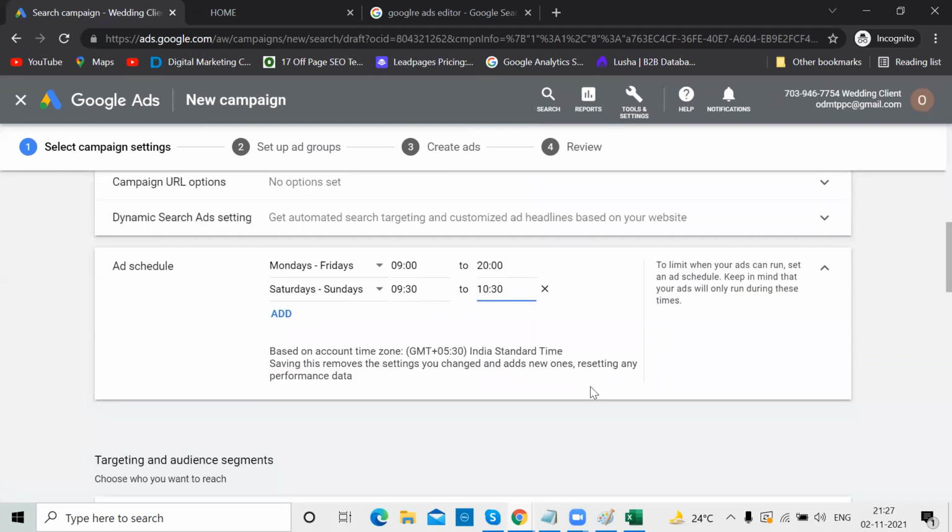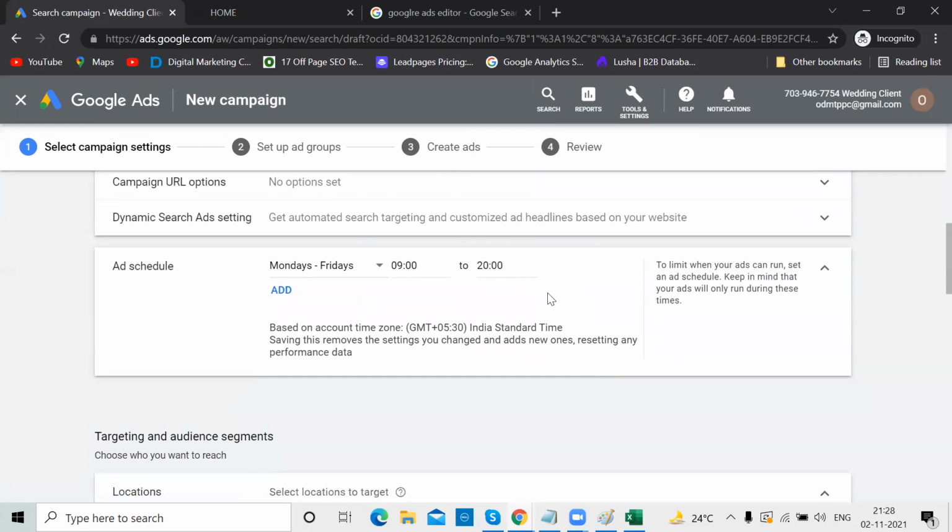Do we have to do any kind of research to maintain these time schedules? Or is there any process, or is it only out-of-the-box practical knowledge? My suggestion is initially don't select these options. Run the campaign. Once you run the campaign, on the left-hand side, this ad schedule option will appear.